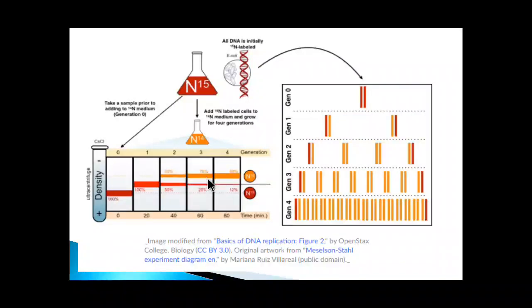From the percentages here you can see that the ratio of the two types of DNA at first was 50-50. Then in the third generation after 60 minutes again there were two types of DNA, intermediate and light. However, the percentage of intermediate was reduced from 50 to 25%, while that of the lighter fraction increased from 50 to 75%. Then in the fourth generation after 80 minutes the percentage of the intermediate fraction decreased further to 12.5%,